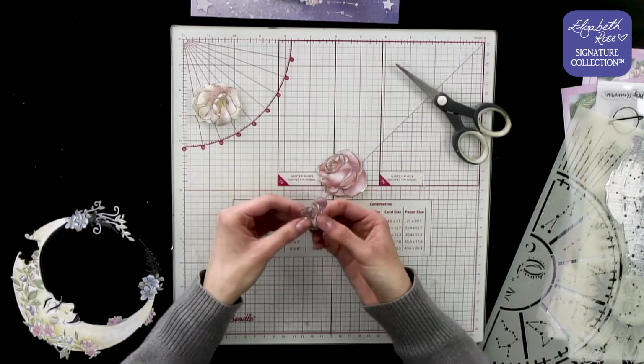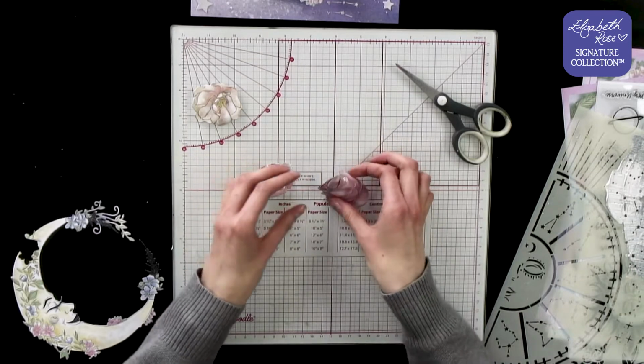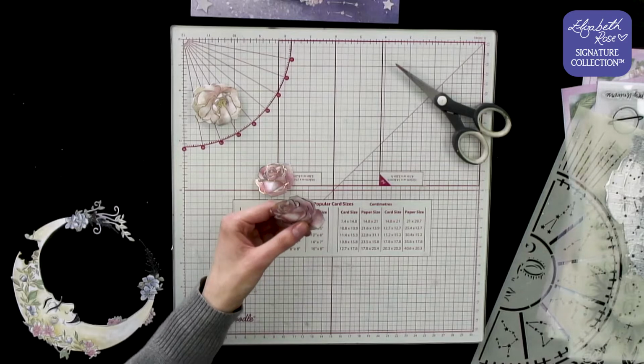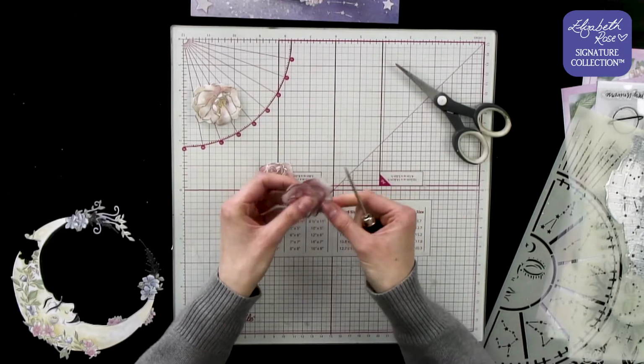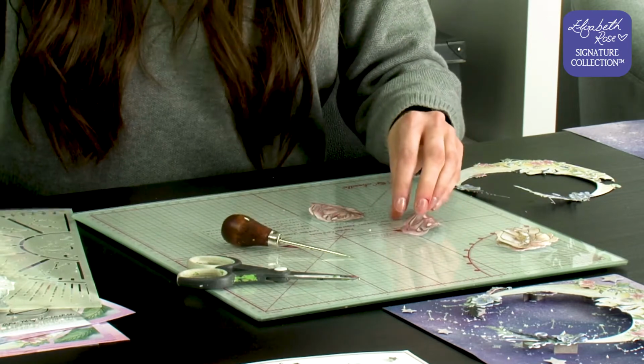So we can pinch it, we can use ball tools to mould it. I just like to pinch it between my fingers. And then maybe get a tool just to curl the leaves, and that's the beauty of having a thinner cardstock. You can curl it and mould it and scrunch it up so you've got that real rose-like texture. And then all we're going to do